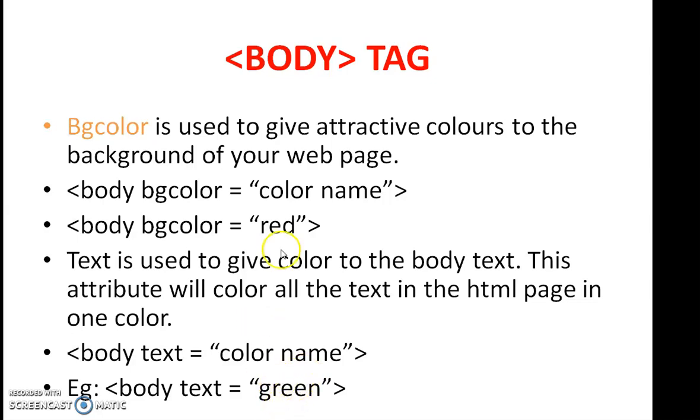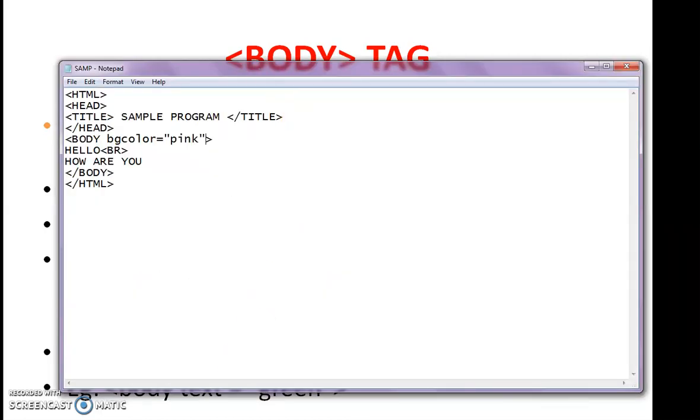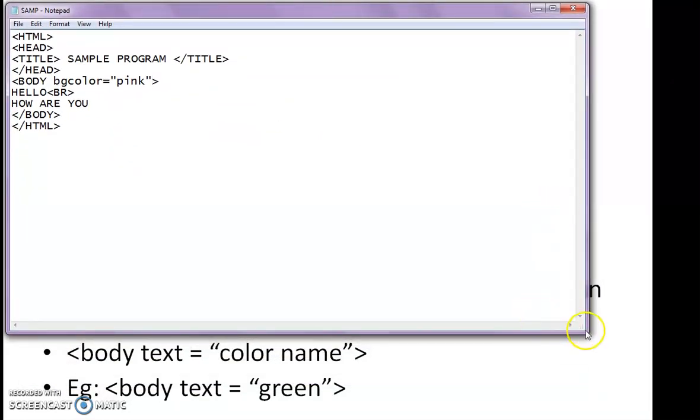Okay children, now I will show you how to develop a web page. To create a web page, first you can open Notepad. Click on the Start button, then All Programs, and select Notepad. Here I am choosing Notepad. See, this is Notepad. Now I have already written some programs. Can you see the program?